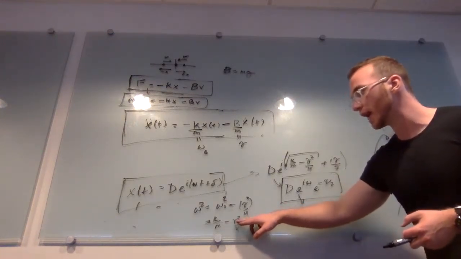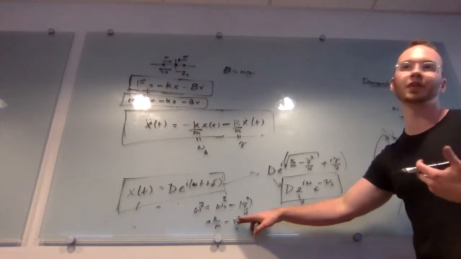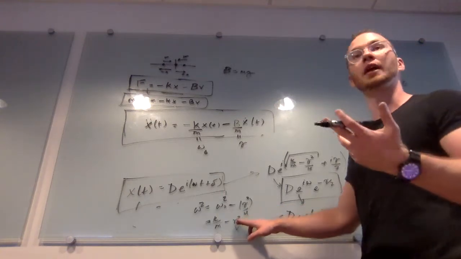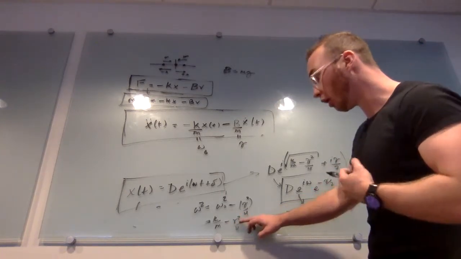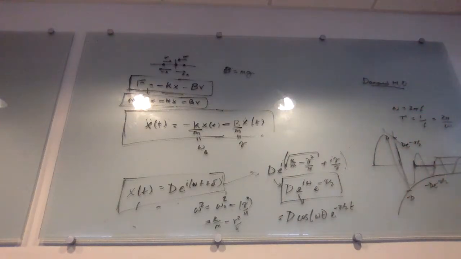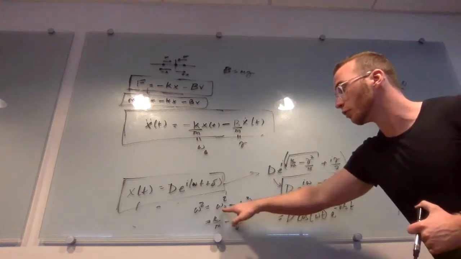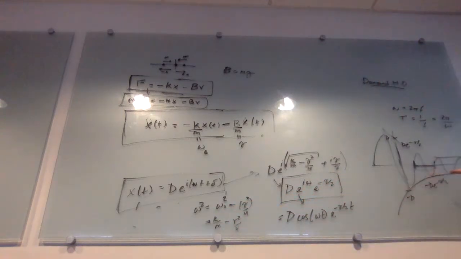Now, of course, gamma squared is probably going to be small. I guess there's no way you'd really know that, but it is. I promise. It's going to be very small, and so this is going to be very close to omega naught, but slightly less. Therefore, the period between each identical point in the oscillation is going to be a little longer, and